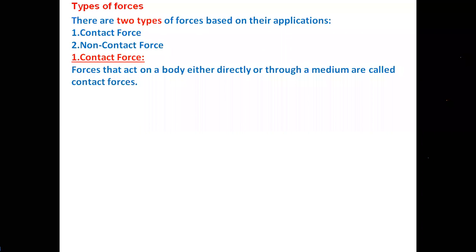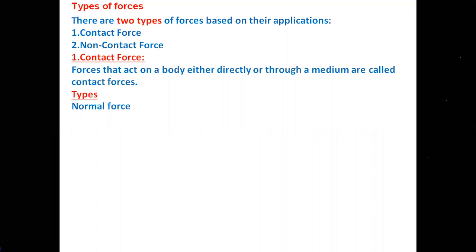Clear? Now go to the different types of contact forces. Again, these are what we can call types or examples. You may take any manner. So again, these contact forces can be divided into some subtypes. The first one is normal force. Normal force means, normal in the name we have. Normal means nothing but perpendicular. Normal force means if contact forces between the bodies